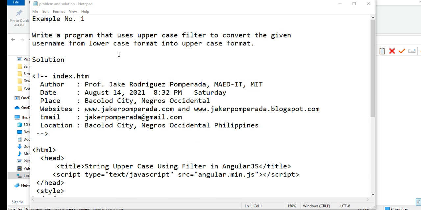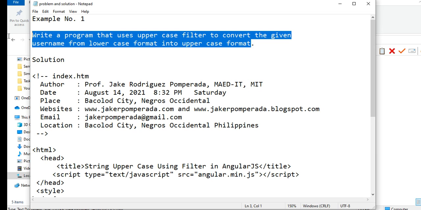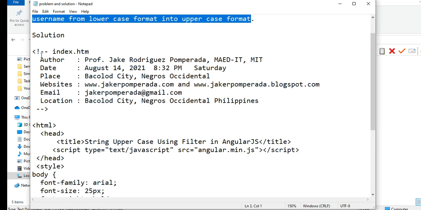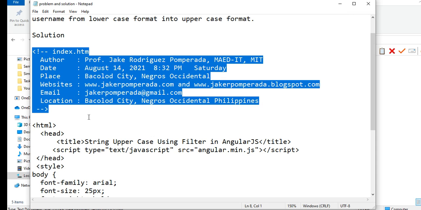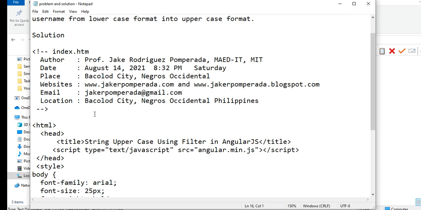So let's get started. Example number 1. Write a program that uses uppercase filter to convert the given username from lowercase into uppercase format. So we have here index HTML, we have here a series of declaration, and then